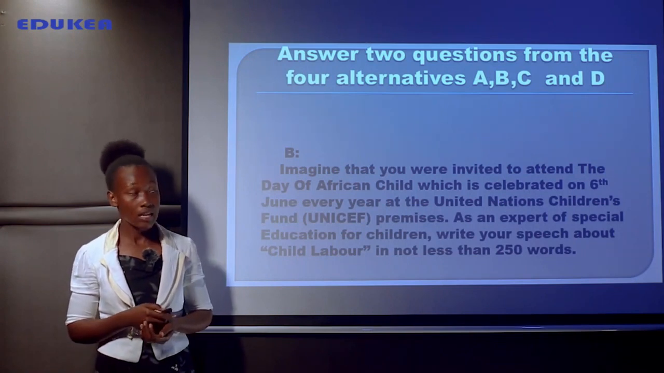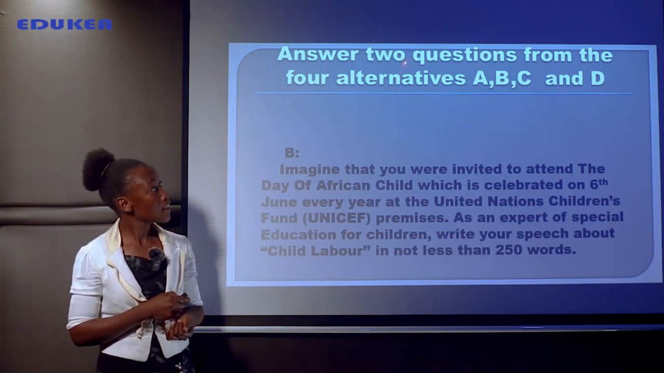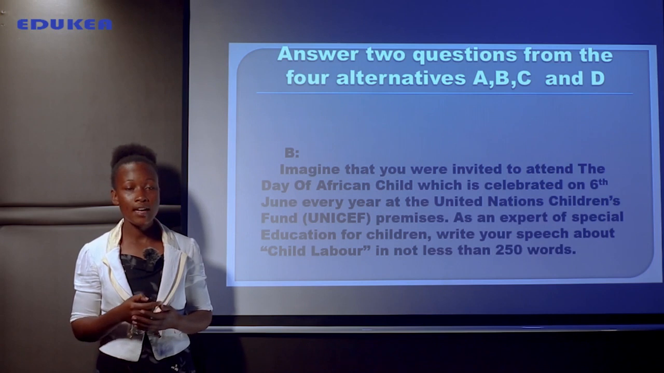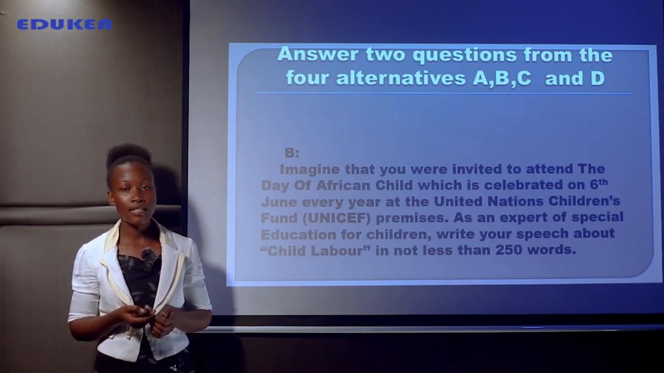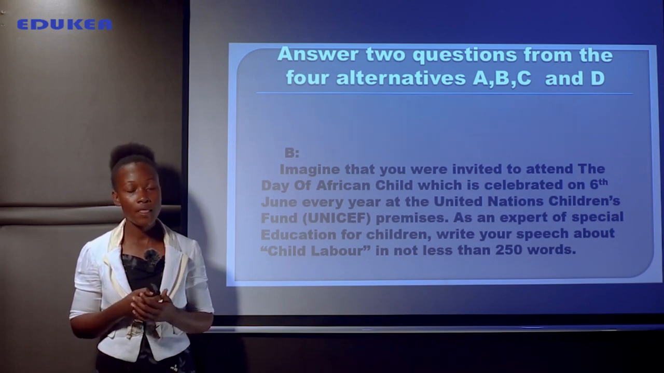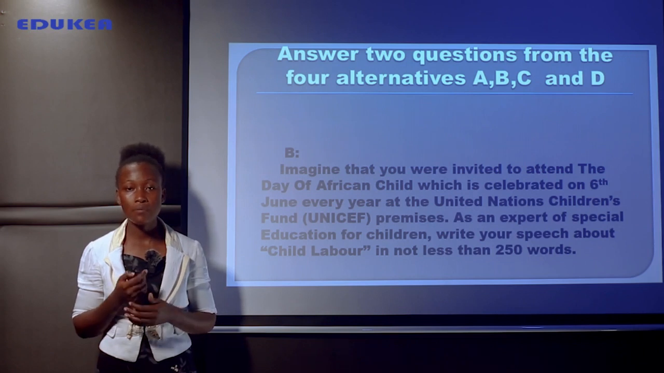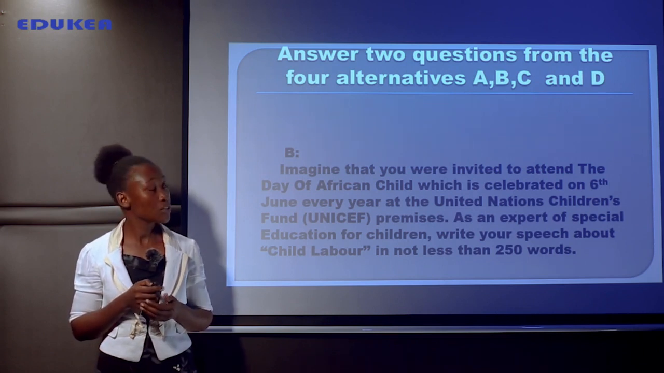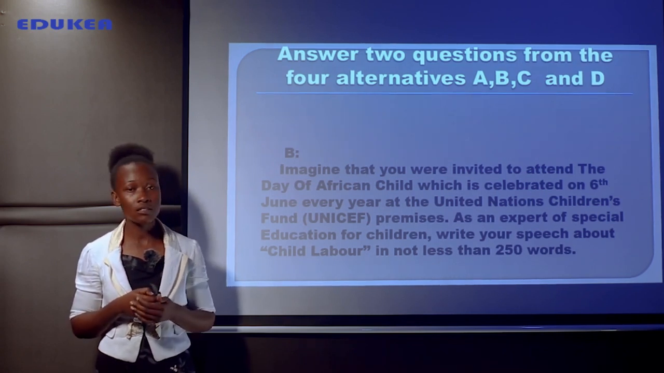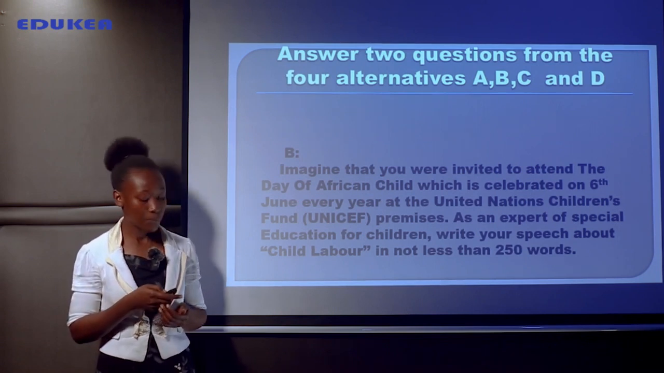The question reads, answer 2 questions from the 4 alternatives A, B, C, and D. So here there are 4 alternatives to the candidate. We are required to choose only 2 from these 4. As we have discussed in the previous lesson, we discussed alternative A. So today we are going to have a discussion on alternative B. It reads,